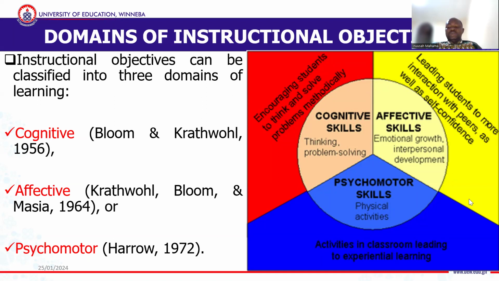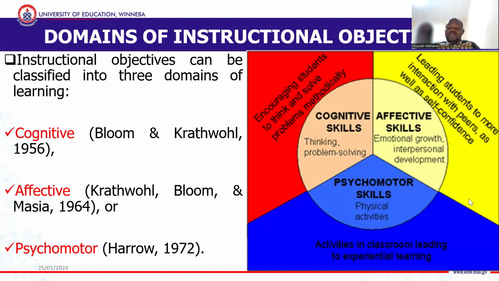We equally have the affective domain. Every learning objective or instructional objective that you have planned for your learner should contain the affective component, where the learner might have a feel of whatever he or she has been engaged in. It should lead the learner to develop emotionally. It should lead the learner to be able to interact with you, the instructor, and those that they find themselves mingling with. It should lead the learner to develop inwardly and be able to appreciate the diverse views, diverse descriptions, and diverse narratives that people offer regarding instruction.